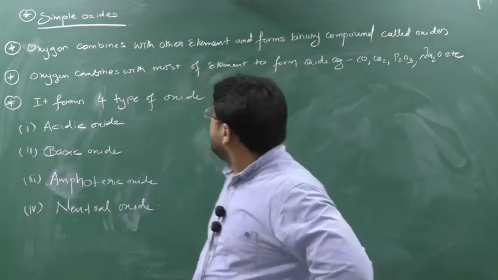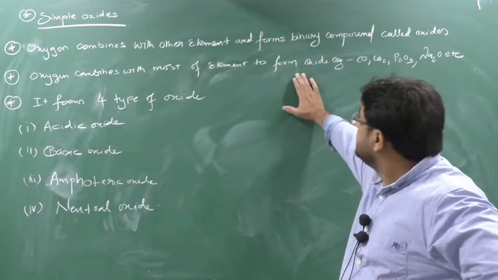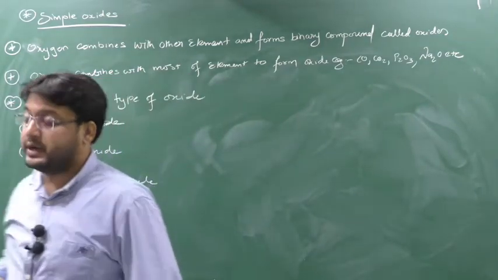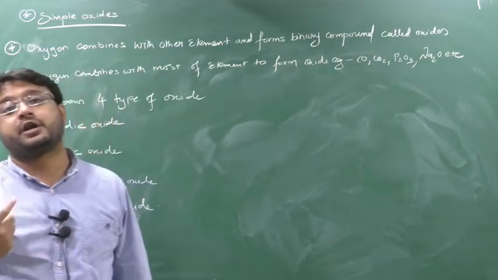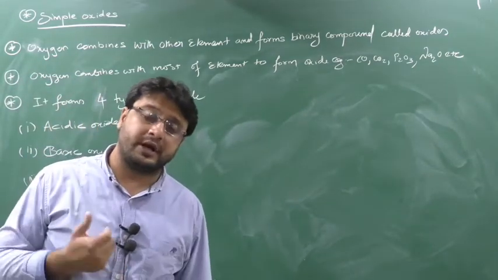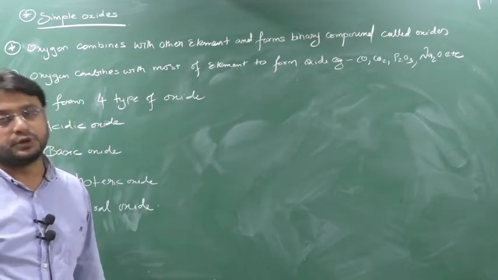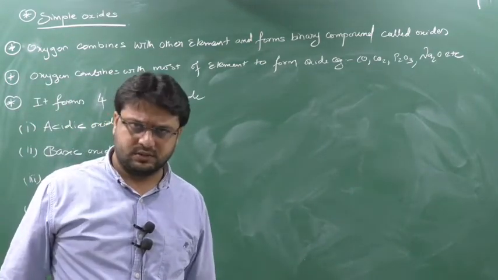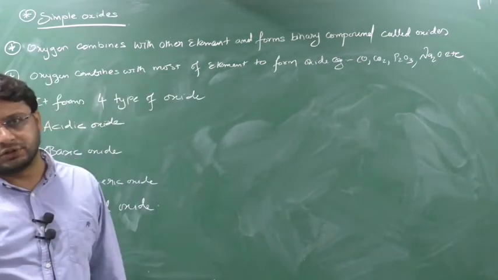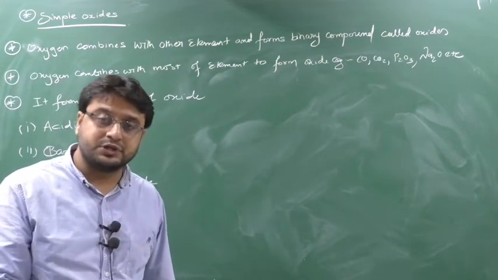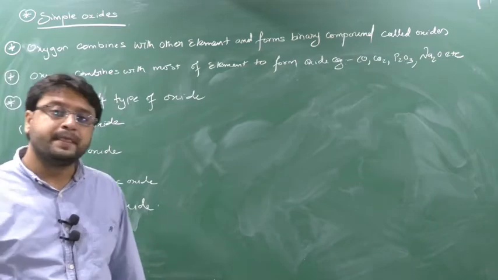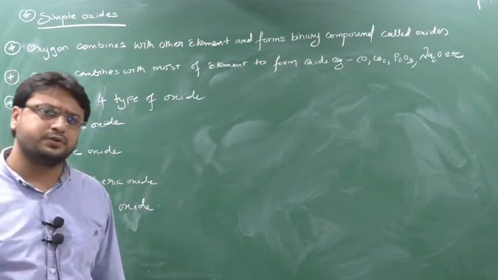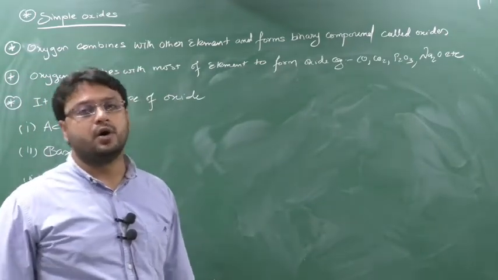Next, examples: carbon monoxide, carbon dioxide, zinc oxide, phosphorus pentoxide, vanadium pentoxide, sulfur trioxide, sulfur dioxide, sodium oxide, copper oxide, zinc oxide, potassium oxide, lithium oxide. Yes or no? So you are listening to a number of oxides. You see this oxygen will combine with metals also, like sodium, potassium, zinc, copper, iron, Fe2O3, and combine with non-metals and metalloids. So it forms a number of compounds, and those are binary compounds, and those binary compounds of oxygen we call oxides.